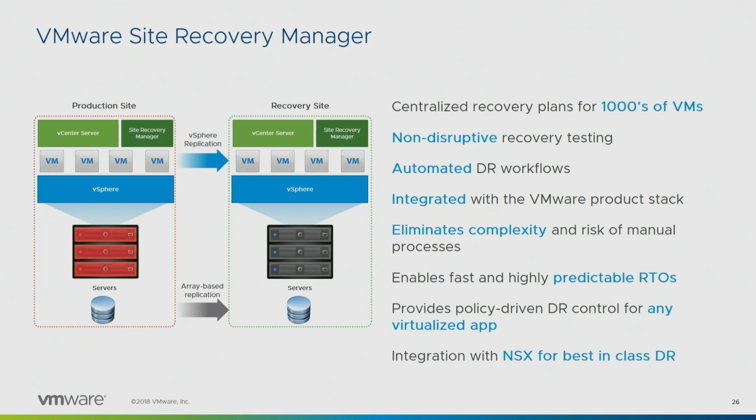And then you set up your recovery plans, which show what order your protection groups will come up in, the order of the virtual machines within those protection groups, and also the order in which the entire data center will come online. So Site Recovery Manager works very well with NSX because there's no re-IPing required. If you choose to re-IP because you don't have NSX or you just want to, then we also support that. Site Recovery Manager will re-IP the virtual machine as it comes online. So when you click the button to fail over because you have a disaster or because you're doing a data center migration or because you test every other day because it is that